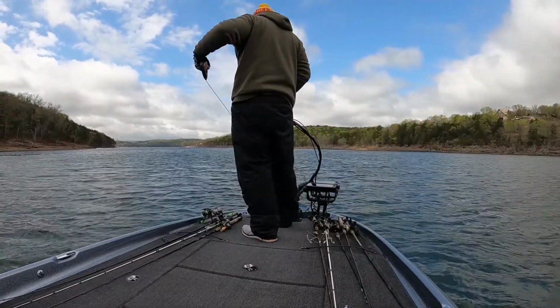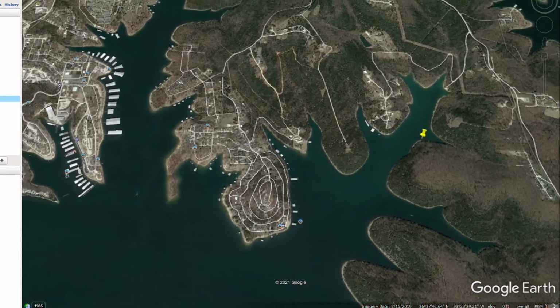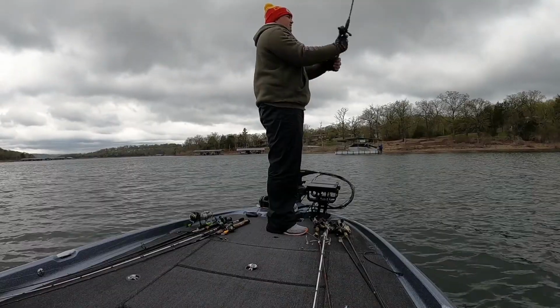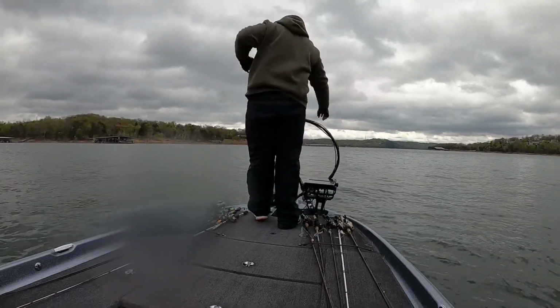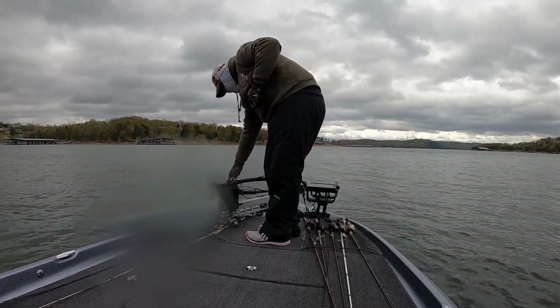So after we fished in there without any bites, we ran out and fished the other side of the Kimberling City Bridge in this main creek. On the left side, there's 3 or 4 little cut-ins. We started out here and worked our way out of those cut-ins. Once again, no bites in there, so we again left and started working our way back towards the James River